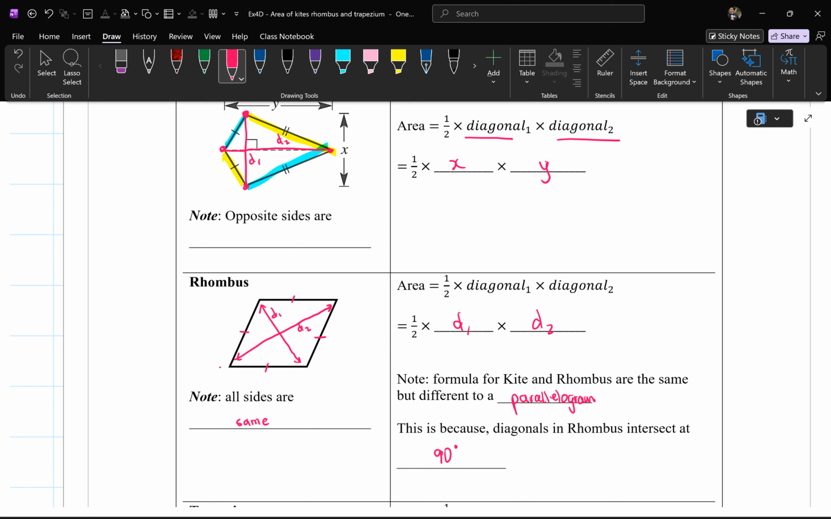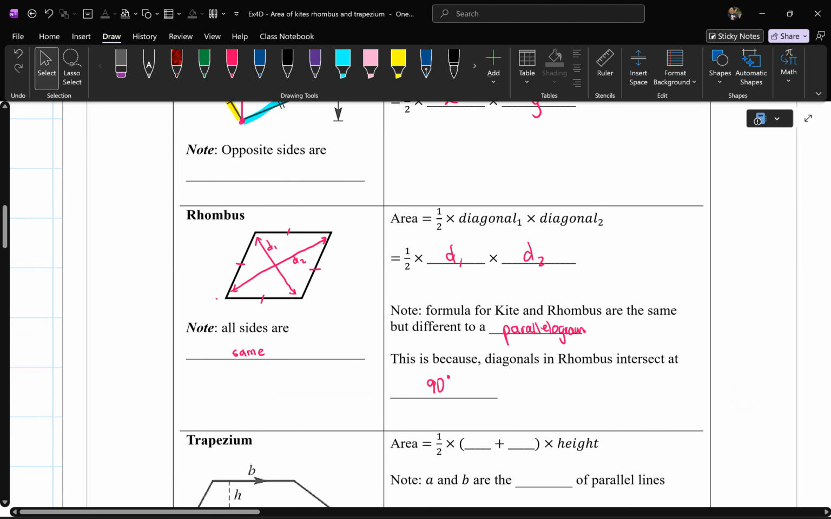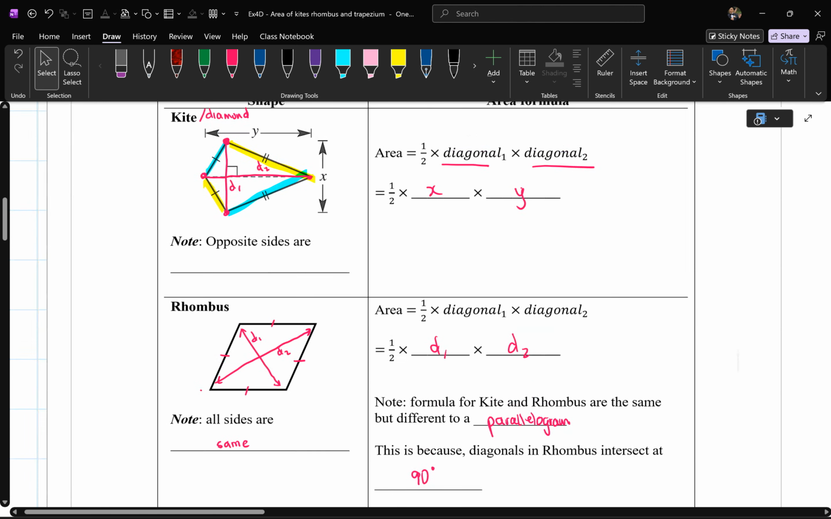Did I spell it wrong? Pretty sure it's parallel and then ogram. All right, so one of the key things why this formula works and why it's different